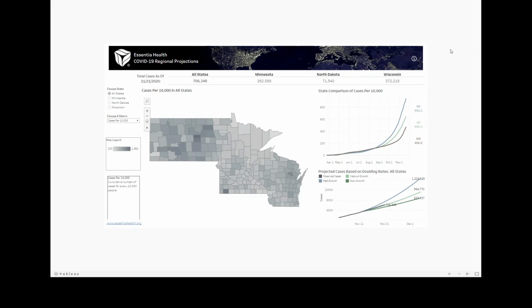This dashboard was built by Essentia Health's Enterprise Analytics Department and is intended to monitor the state of COVID-19 in the upper Midwest, specifically in Wisconsin, Minnesota, and North Dakota. We pull case and testing data from various public sources and calculate a number of relevant metrics at the county and state levels. The bar at the top indicates the